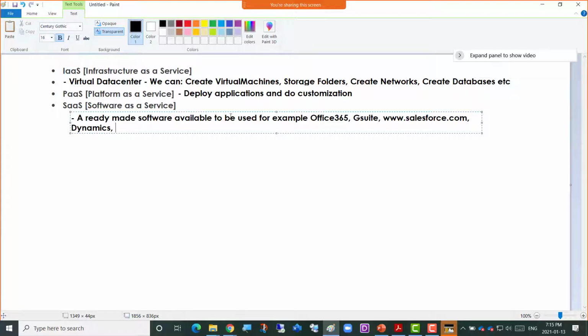Now, this is software as a service, which means that the software is already available. You don't have to worry about the underlying hardware. You don't have to worry about the underlying operating system. That's it. The software is just available for you. So log in, start using it. That's software as a service, SaaS. So infrastructure as a service is where our course revolves around, and we're going to learn infrastructure as a service.